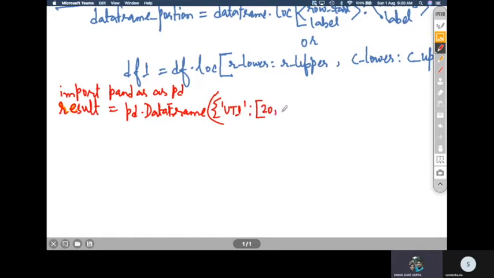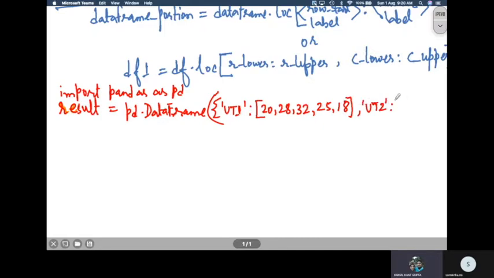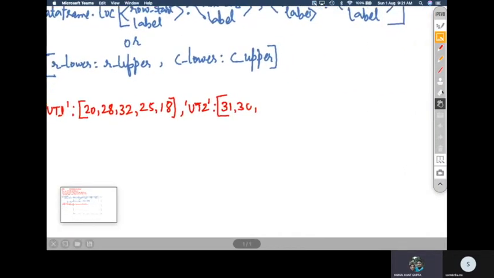So in UT1 you have got 20, 28, 32, and 25, 18, say for example, in the 5 subjects. And in UT2 you have got say 31, and then 30, and then 40, and then 29, and 35 in 5 subjects.